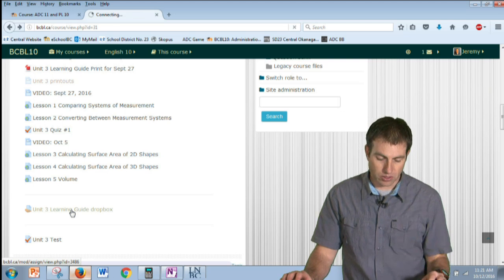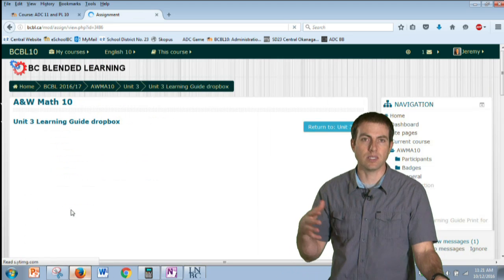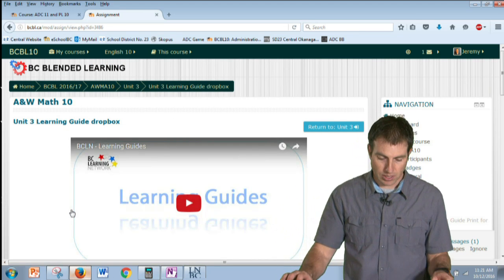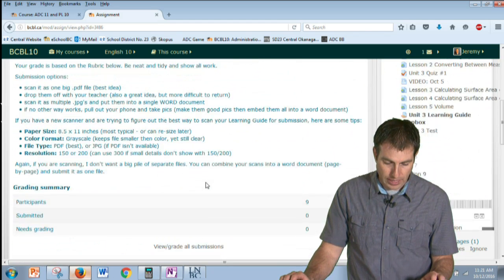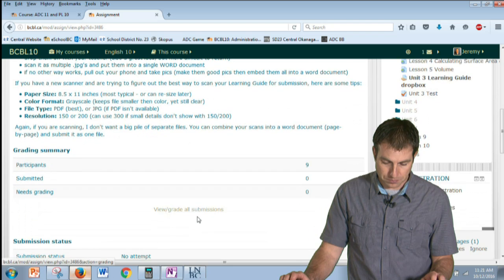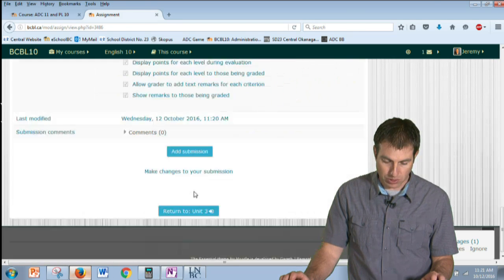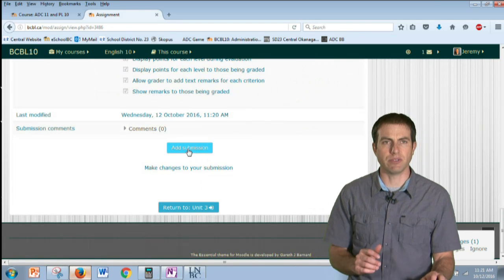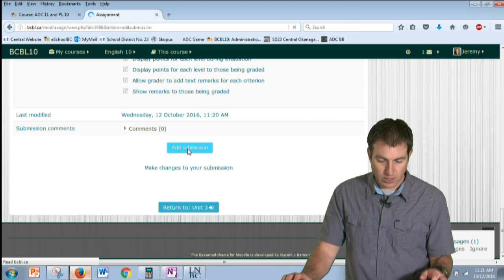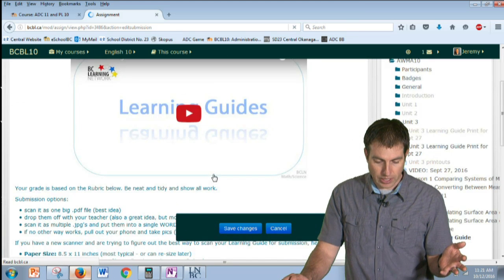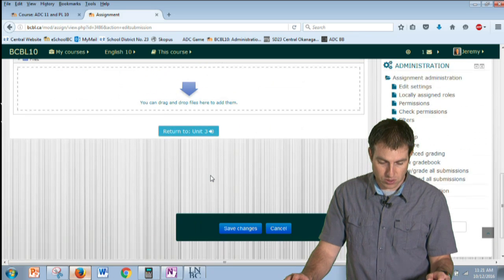So if I click in here, you've done this in planning. You've probably done this in English a bunch of times. It talks a little bit about the learning guides, but down at the bottom, somewhere down here, it says add submission. Yours is going to look different because I have the teacher view up. Click add submission. The window comes up and you scroll down again and it says, what file do you want